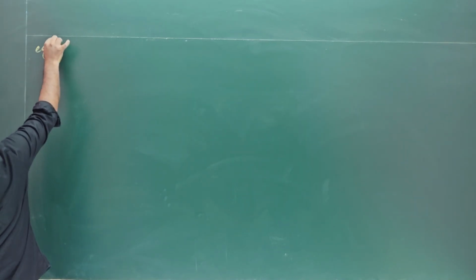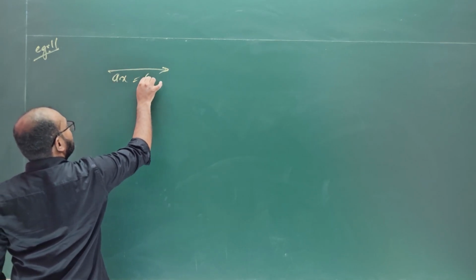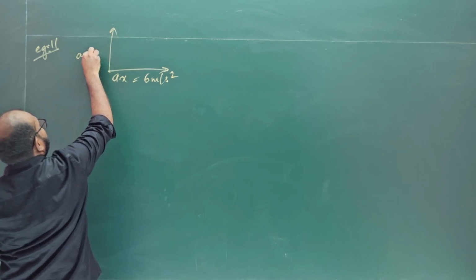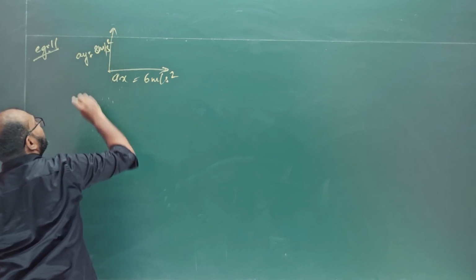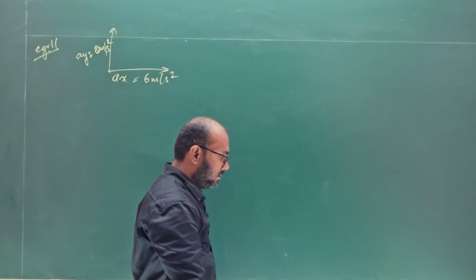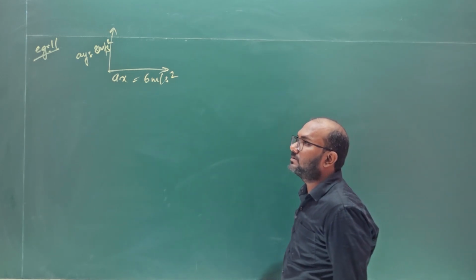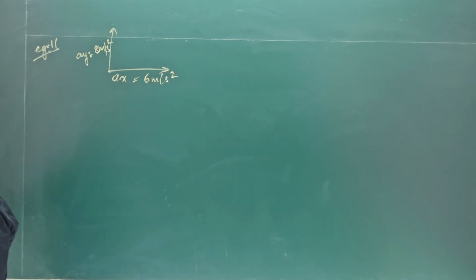Okay, example number 11. Given that acceleration along x-axis is 6 meter per square second, and acceleration along y-axis is given, 6 squared plus 8 squared is 36 plus 64, that means 8 meter per square second is given. Now write down the question. If ax is equal to 6 meter per square second and ay is equal to 8 meter per square second,